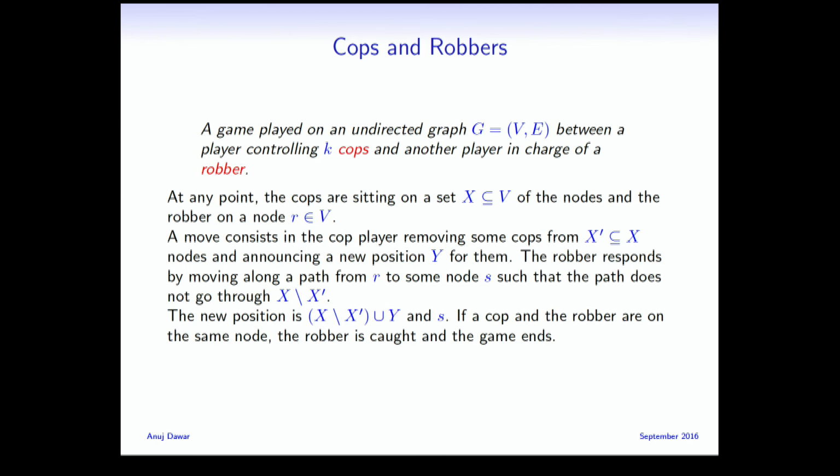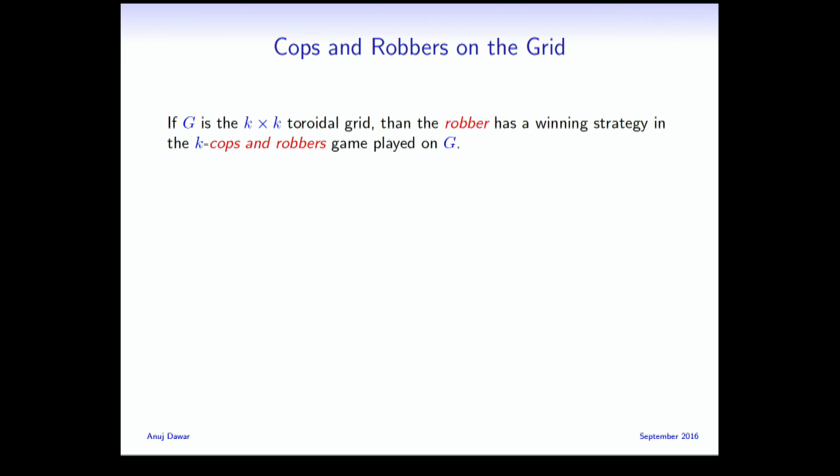Okay. So the point is, I don't know if I have it somewhere on the slide, but it's worth mentioning now. This is a characterization of tree width, right? In the sense that a graph has tree width greater than k if and only if the robber has a strategy for winning against a team of k cops. Basically, if the graph is sufficiently interconnected, the robber has a strategy for avoiding k cops. There are always paths.